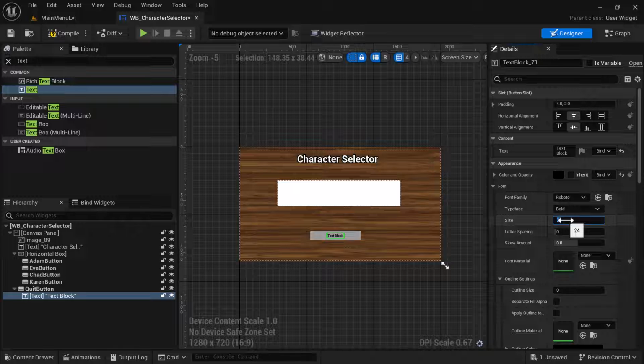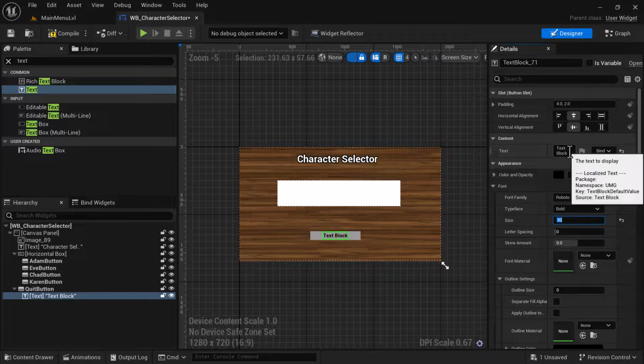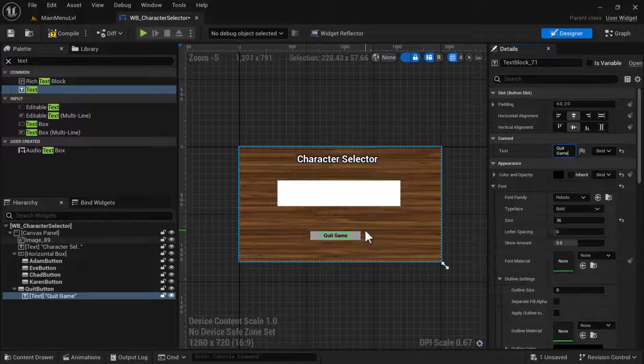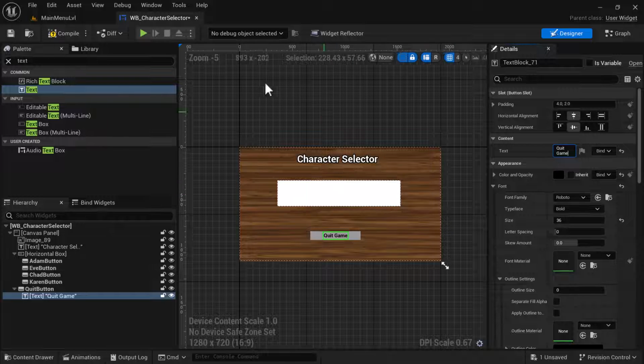The size is pretty good, but we're going to bump it up just a little bit to see how that looks. Maybe 36. That should be good. And then we're going to change the text to quit, or quit game, however you like. Okay, we've got the basics of what we need here. Go ahead,